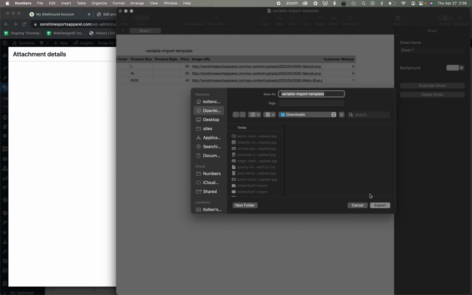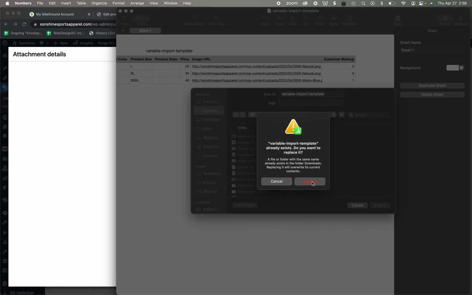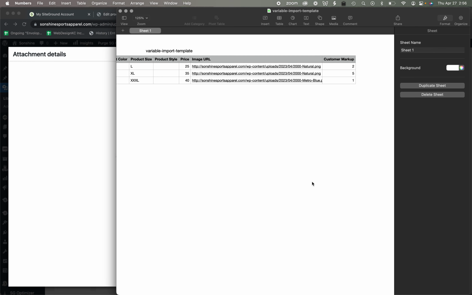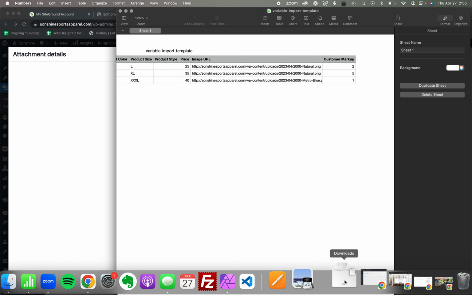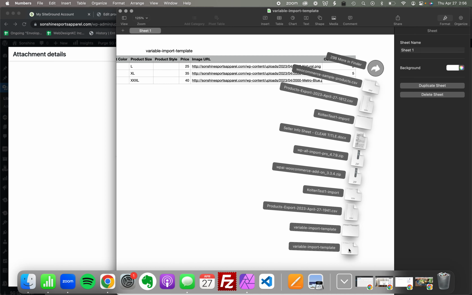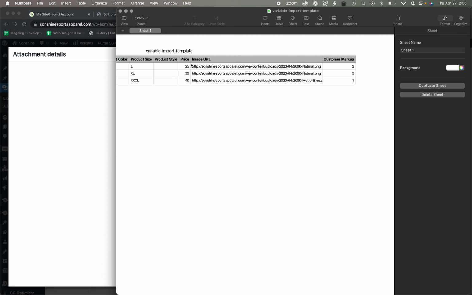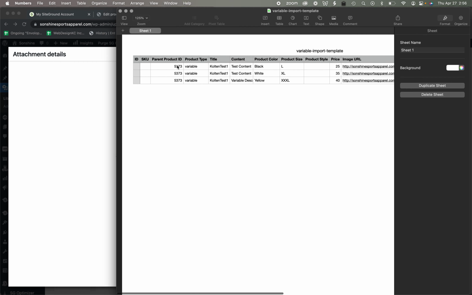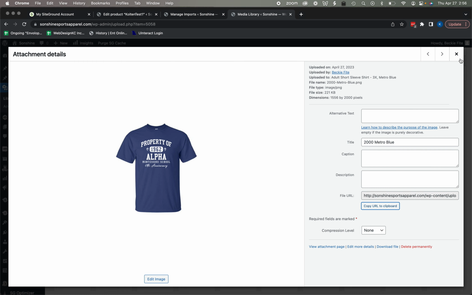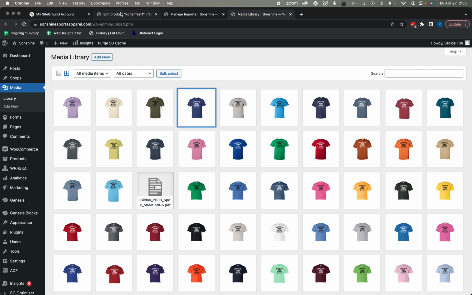It's going to save it to wherever it saves it to. And then, yeah, you're going to hit export there. I've already done this a couple times, so that's why I'm having to hit replace. Okay, so that is now generated down here. I've got those three things. I'm trying to add 3 variations. Hopefully this is clear. Okay, so now what you're going to do is you're going to go to